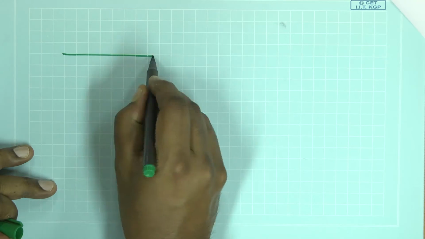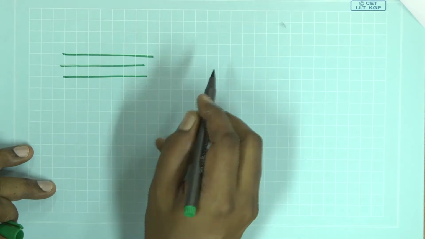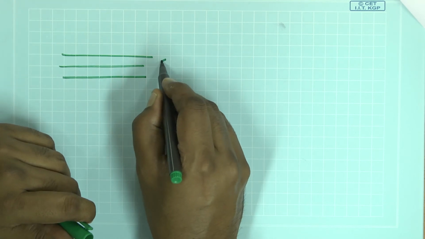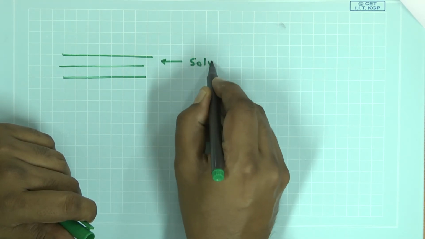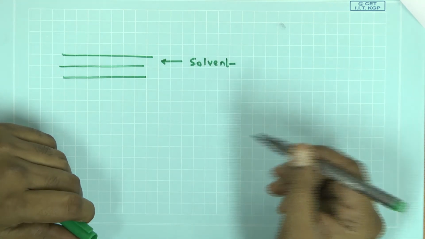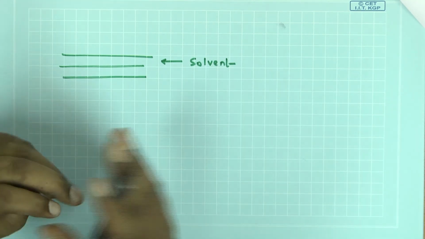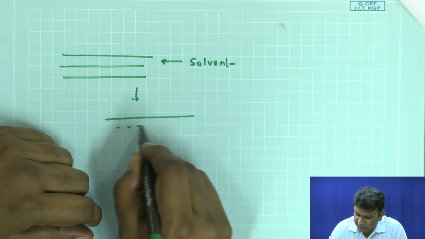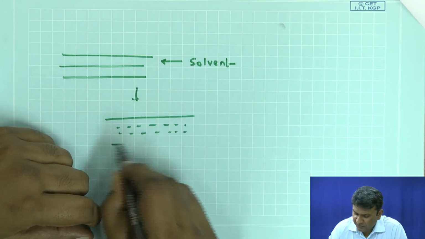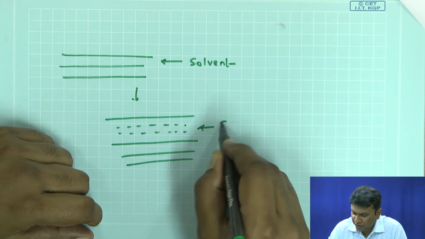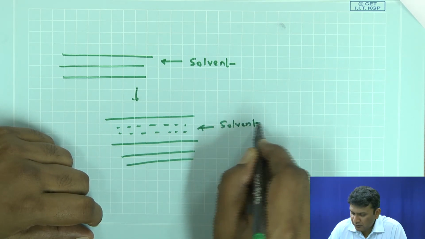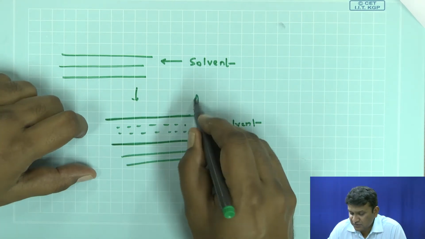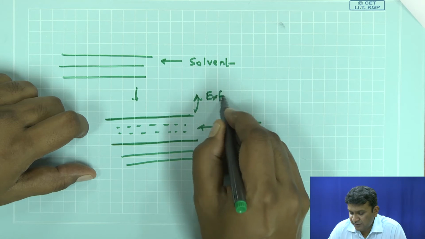you have these layers, right? And exfoliation is possible only when the solvent penetrates into the layers, between the two layers. Only then will it exfoliate. So, eventually you would like to have a situation like this. The solvent has got in and it has detached or flooded between the two layers, so therefore this layer can be exfoliated.